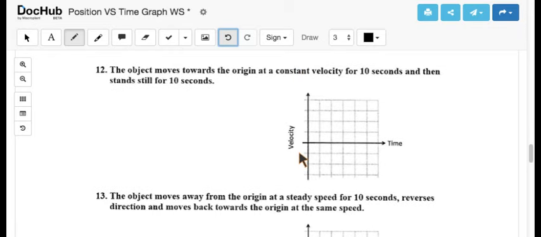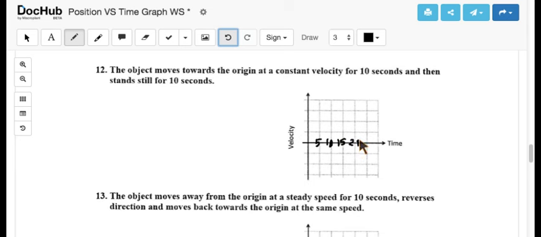The object moves towards the origin at a constant velocity for 10 seconds and then stands still for 10 seconds. So we have 1, 2, 3, 4, 5, 6 of these. Since we have a unit, an amount, we need to give this value. If you did 1 second, 2 seconds, 3 seconds, you wouldn't have enough space because we need a total of 20 seconds. So if you set the time values at 5, 10, 15, 20,